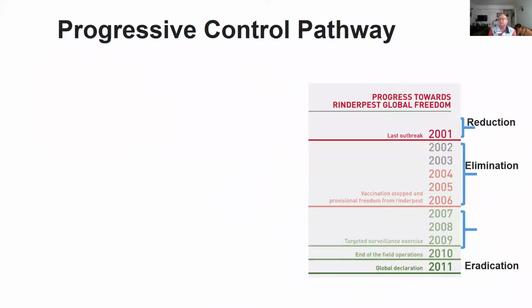I think you have heard about rinderpest, which has been eradicated since 2011. But you see how the disease was eradicated. In 2001, many countries didn't have the virus. That was the last outbreak of rinderpest. They still use the progressive control pathway for rinderpest, for global eradication, for global freedom. So it took globally about 5 years